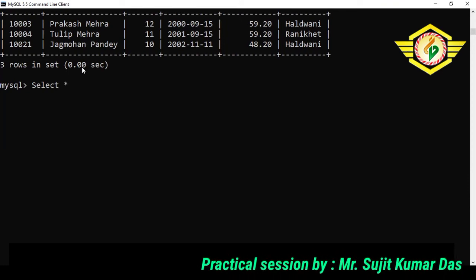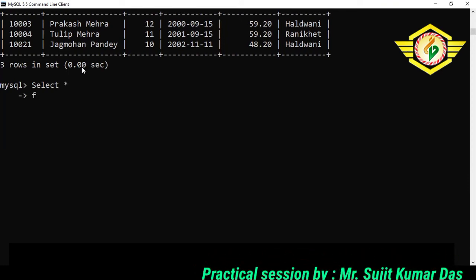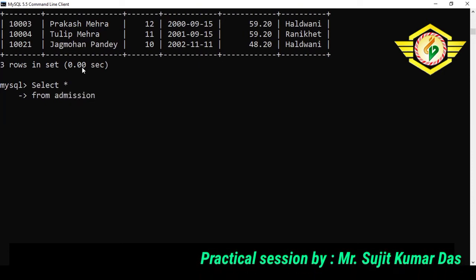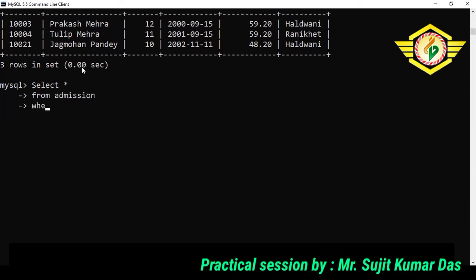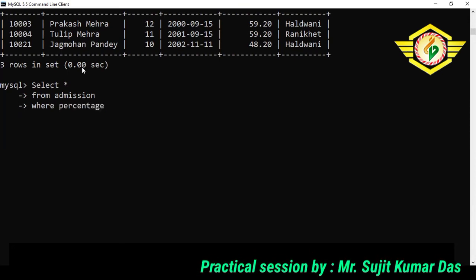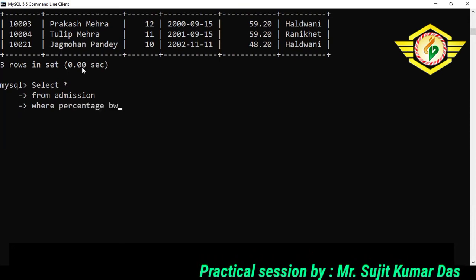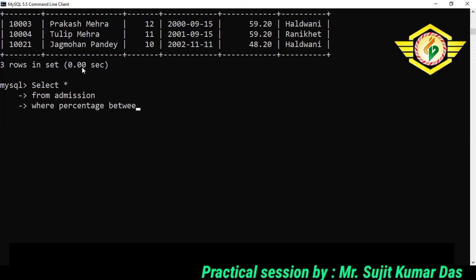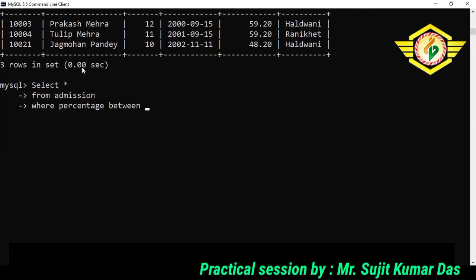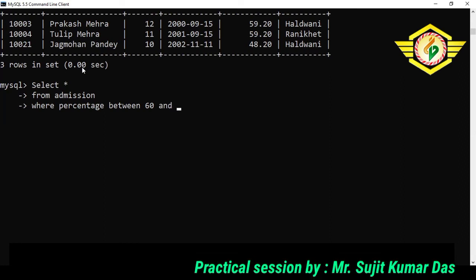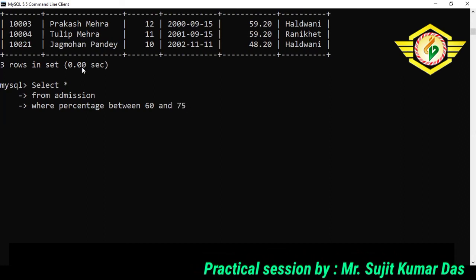Select star from admission where percentage between 60 and 75.